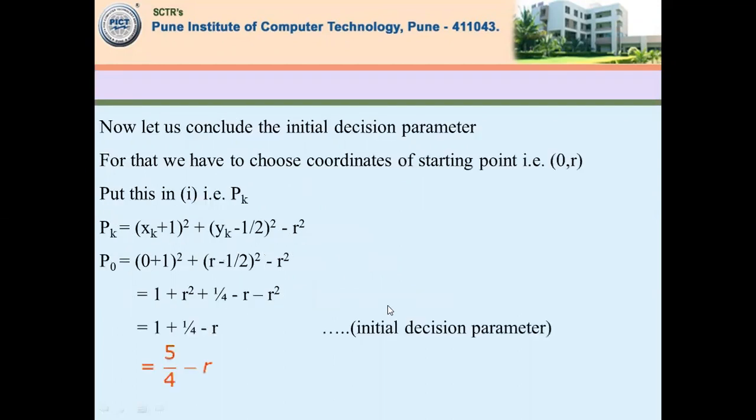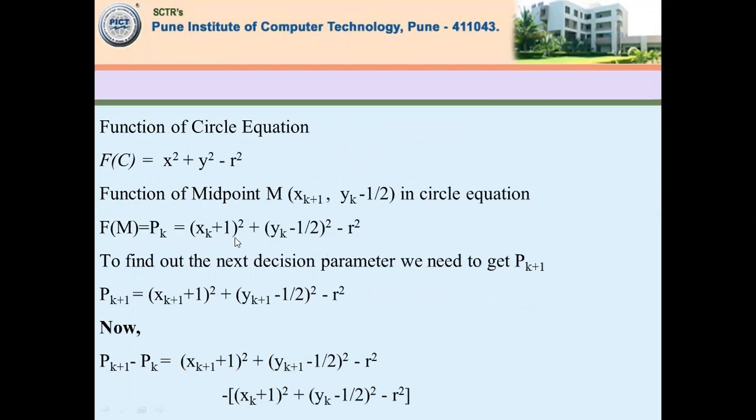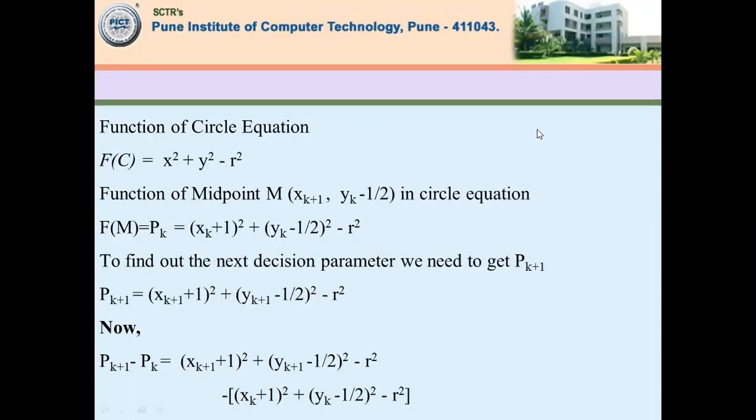Let's go ahead now. Initial decision parameter. What is the initial value? You have pk with you, that is xk plus 1 plus yk minus half square minus r square. So you have that initial